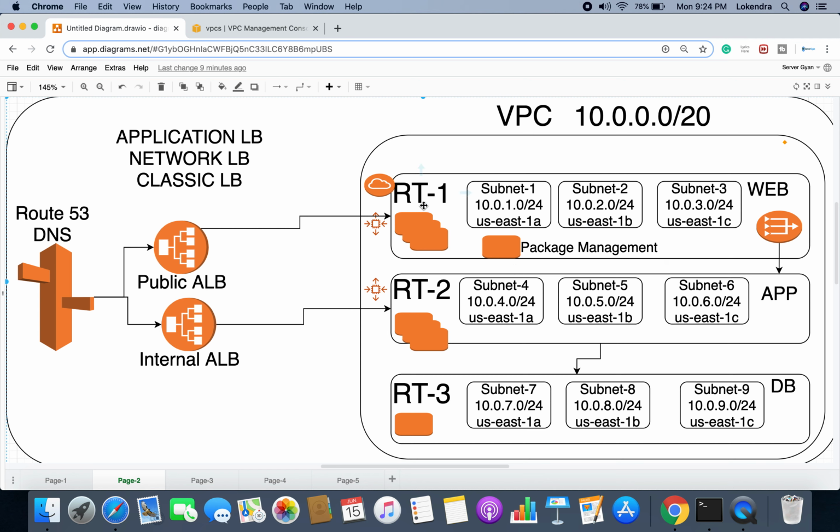So what we are going to perform here is create 3 route tables. We will create 9 subnets, and we will associate an internet gateway here, we will associate a NAT gateway here, and we will create one route table where there will be no gateway. So we are going to see how to connect these 3 route tables with one another, and moreover we are going to see how to associate subnets with these. So please watch this video till the end.